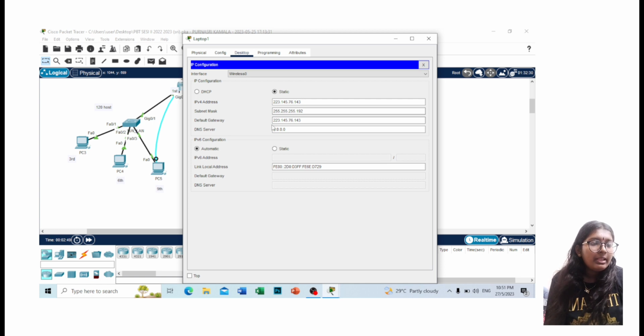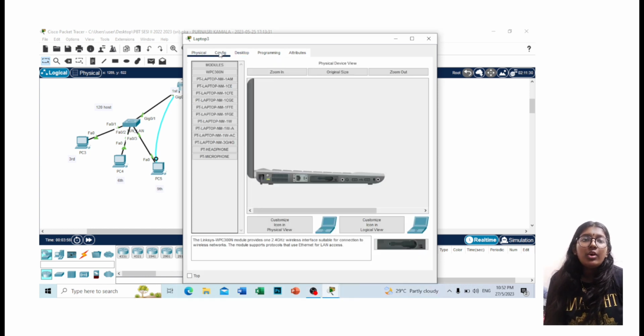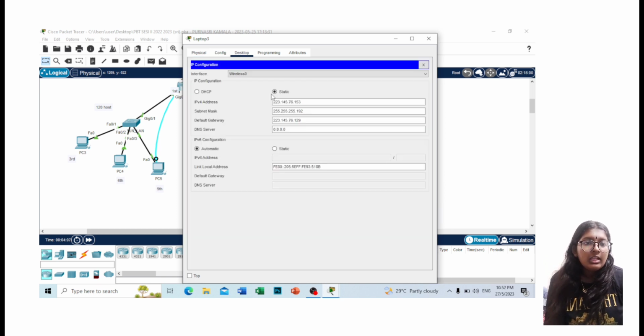Now our last laptop will be laptop 3. As the same thing, we are going to click the IP configuration, and we'll see the configuration for laptop 3, which is the IPv4 address will be 223.145.76.153, and the subnet mask will be 255.255.255.192, and the default gateway will be 223.145.76.129, and the IPv6 will be automatic, and this is the address for laptop 3. That's all for